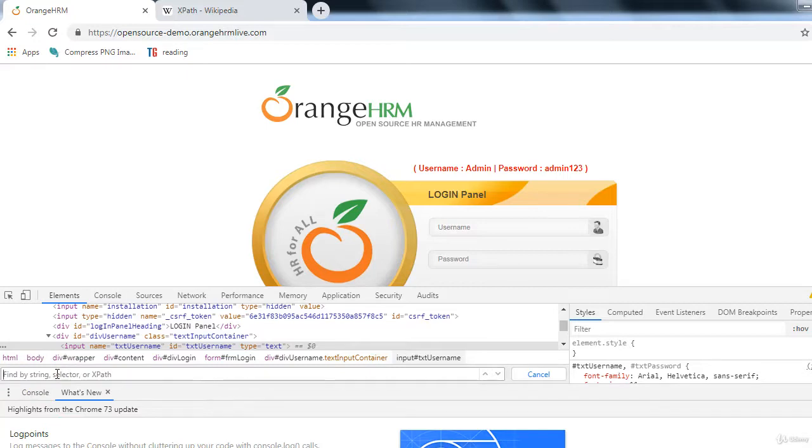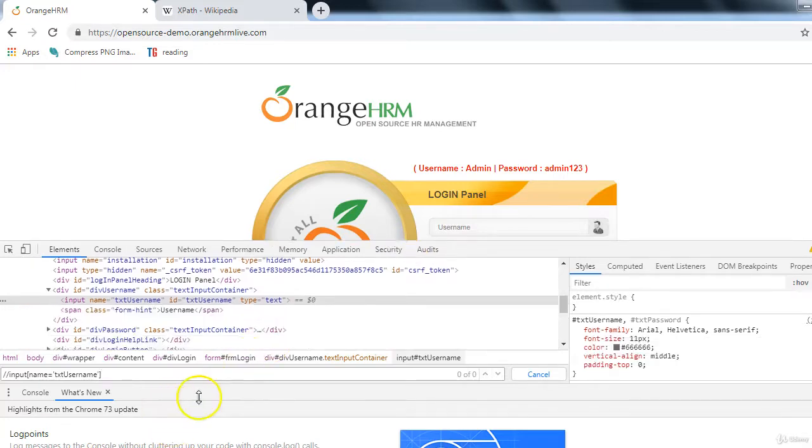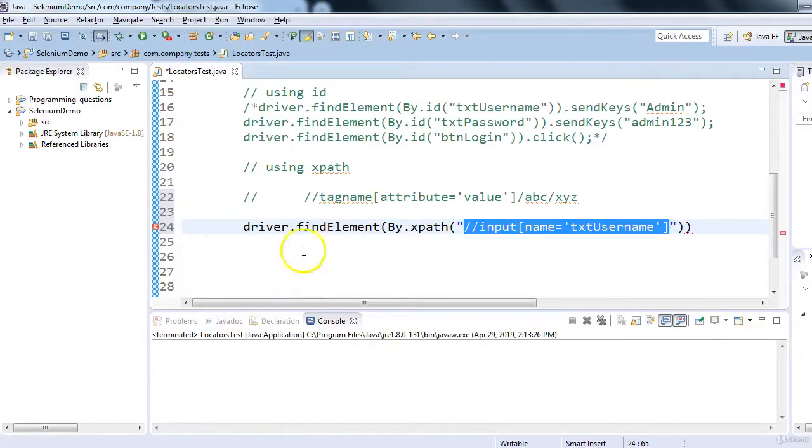Once you write your XPath, if it's correct, it will highlight the corresponding element in the web application. So I will just copy paste. This XPath I have written: input name is equal to text username. If I press enter, let's see whether we are getting it or not. We could see that with this XPath we are not able, because here we are getting 0 of 0. So this XPath is not working, and it should be, because